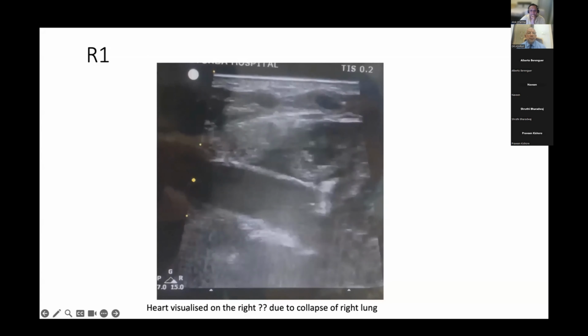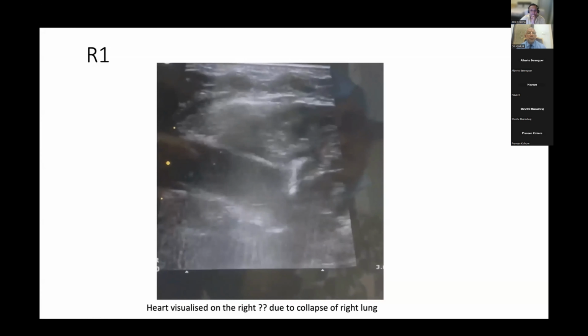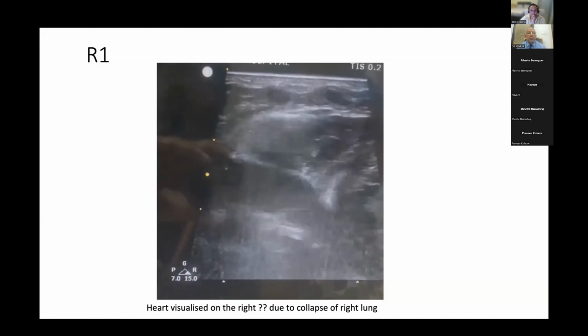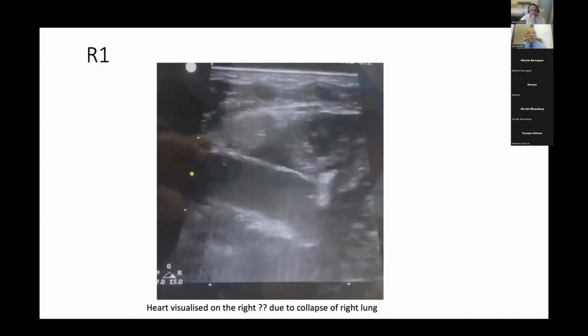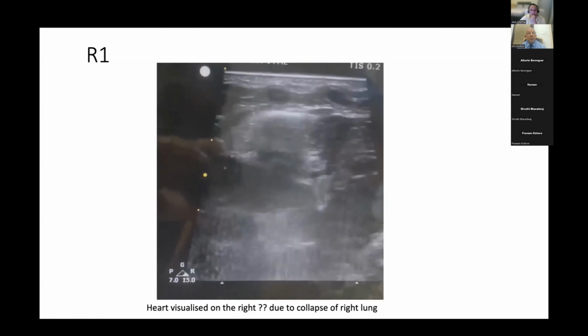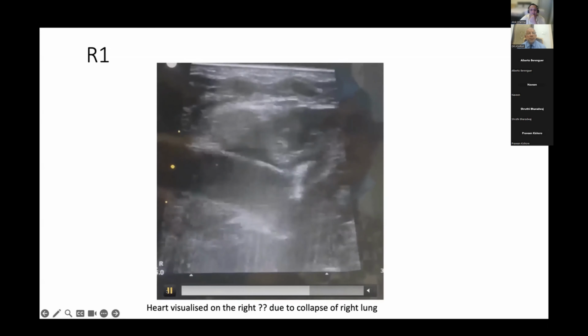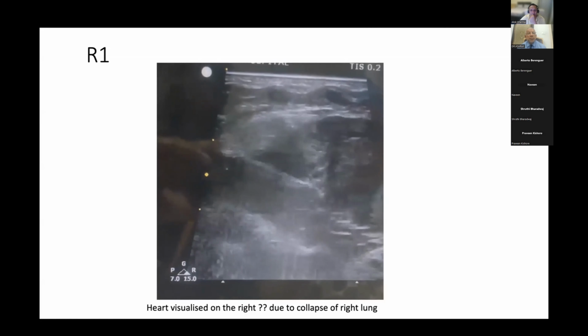Good afternoon. By systematic evaluation, we have here a very good bat wing sign. We have 2 ribs, we have the pleural line, and we have a lot of heart. Very good. We can see very much of the lung. So I would